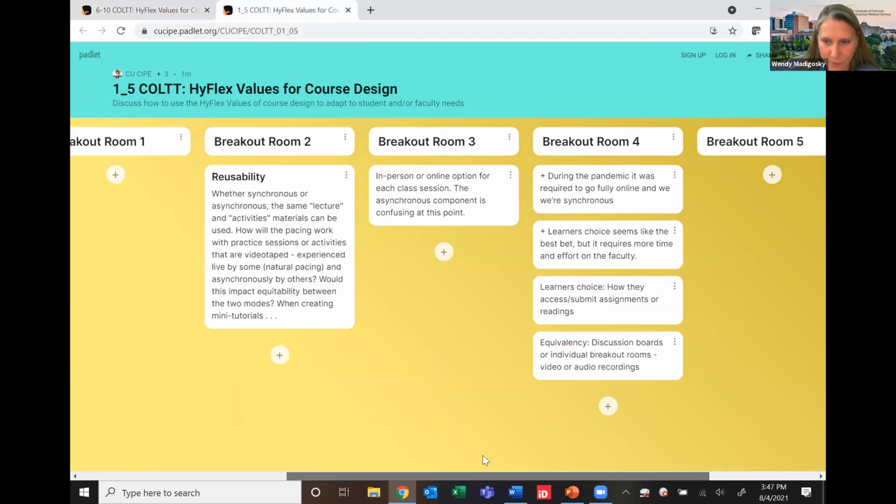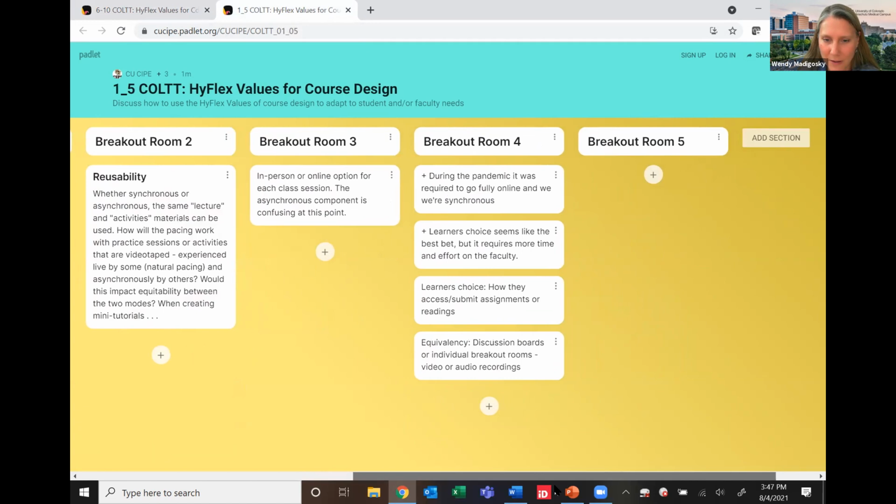All right, and then how about breakout room 4? Any comments about that? Yeah, I was in breakout room 4, and there were 2 of us, and it was kind of difficult because